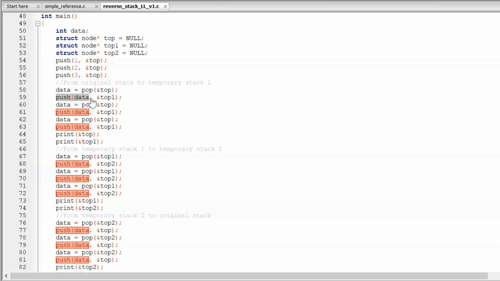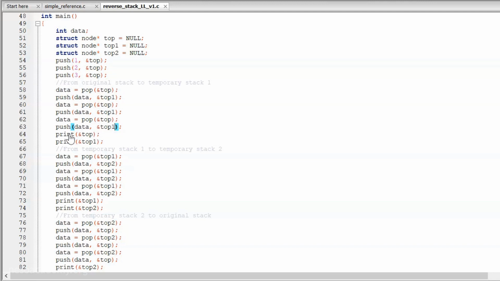Then I'm pushing that element onto the temporary stack 1. Then I'm again calling the pop function to delete this element from the original stack, and then pushing this element onto the temporary stack 1. Again, I'm calling the pop function to delete this element from the original stack, and then pushing this element onto the temporary stack 1, right?